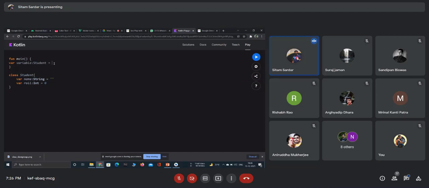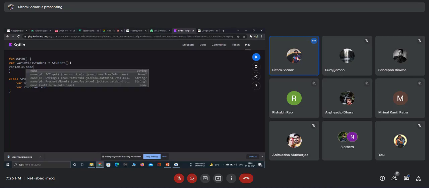So for creating the instance, we simply repeat the same name of our class, of our data type, whatever we have built, and we put it here with a parenthesis. This is how we can create a variable of type student, which also indicates a student instance. Okay, so by this variable keyword, you can directly use the name variable. Here you can store, let's say, my name.